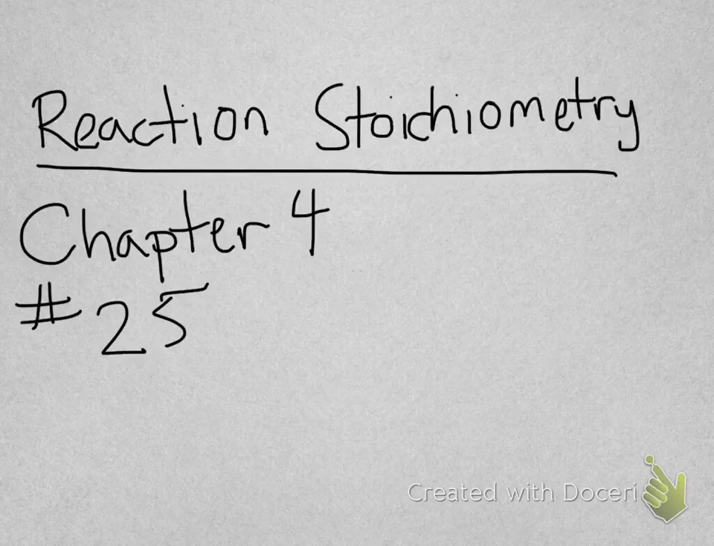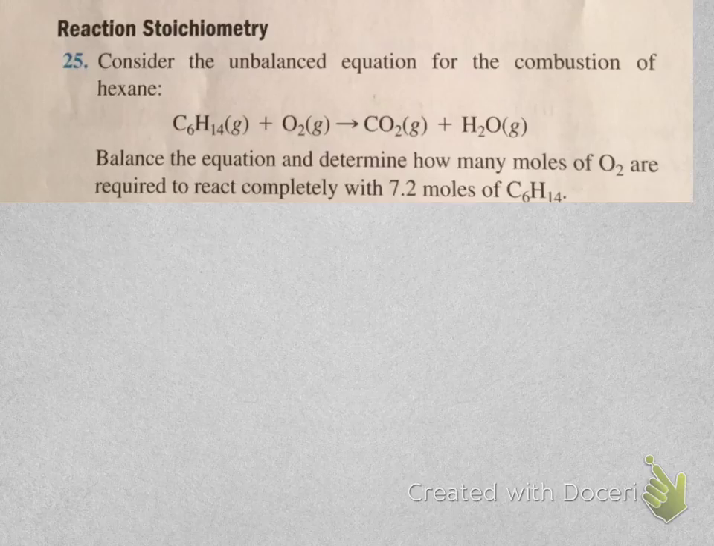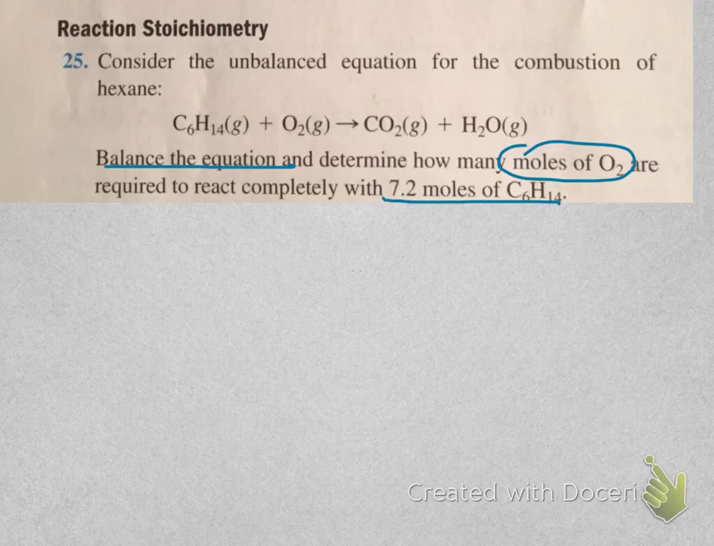In this video, I'm going to show you Chapter 4, number 25. This is in the reaction stoichiometry section. The question asks to consider the following balanced equation. The first thing we need to do is balance this equation, and then we are going to determine how many moles of oxygen gas are required to completely react with 7.2 moles of